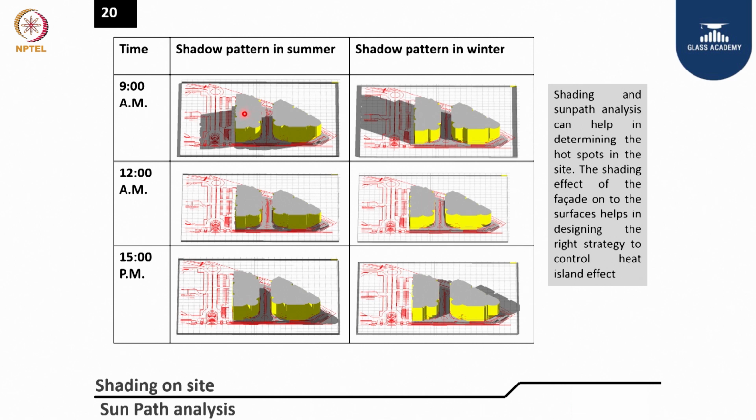At the same time you can study the energy performance of the building. When you have shading happening from one building to another, the energy consumption for this building is coming down, and when you don't have any kind of shading, you can see the building consumption goes up with the same occupancy and load. So that gives an indication of how shading and sun path analysis is helping you understand your energy performance of the building.